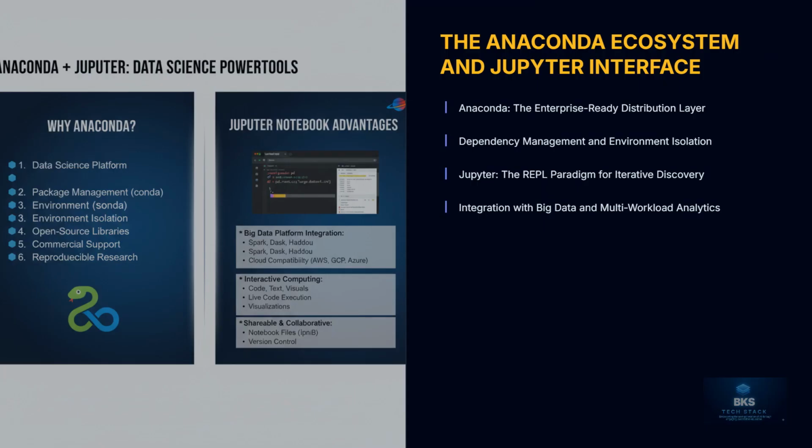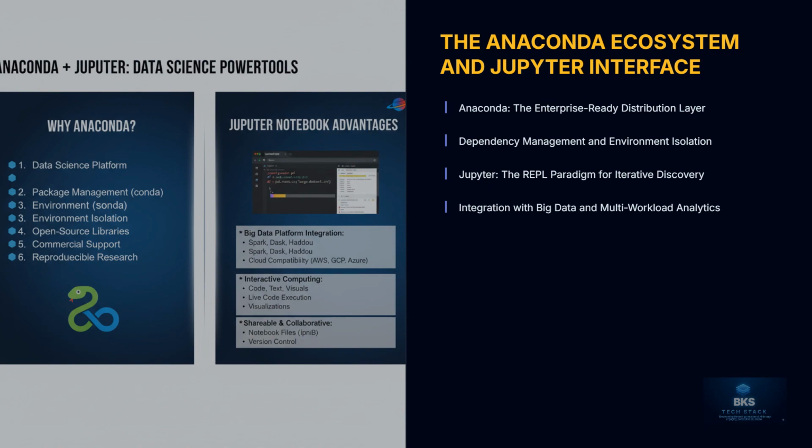In the realm of professional software architecture, environment reproducibility is paramount. We recommend the Conda distribution, not just for its convenience, but for its sophisticated package management system. Conda provides a modern data science analytics architecture that supports over 400 popular Python packages out of the box. From a lead architect's perspective, the value lies in its ability to handle complex dependencies across multi-workload data analytics and